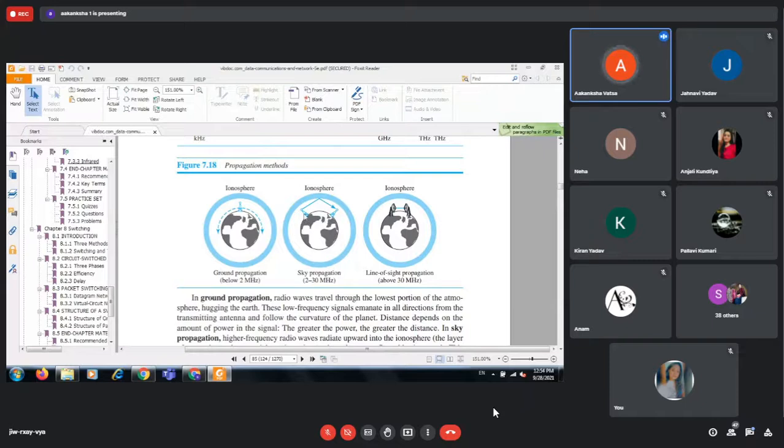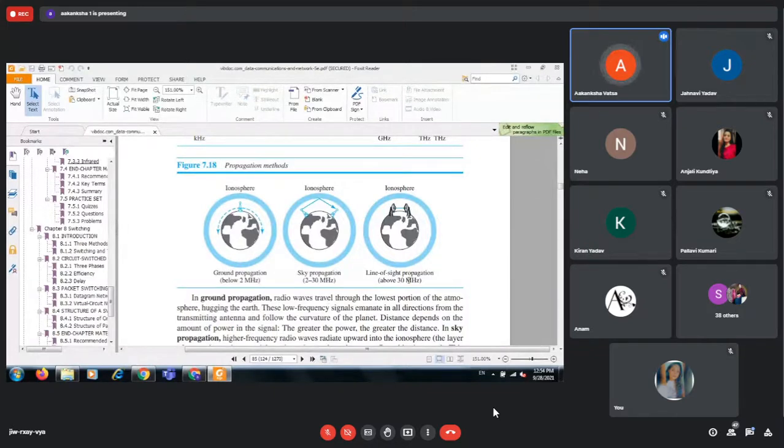The sender can transmit the data to the ionosphere, and then it is reflected back from the ionosphere to the receiver tower, and it is receiving the data. So the data rate is higher in case of sky propagation, and it is faster also, it is reliable also, and it can travel long distance. But in the first case, ground propagation, it is limited. The physical distance to which the data can be transmitted is very limited, because the signals will be damped after some time. The wireless signal which is being propagated will be damped, and it will need amplifiers, or it will not be received properly.